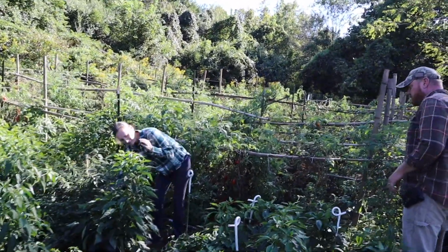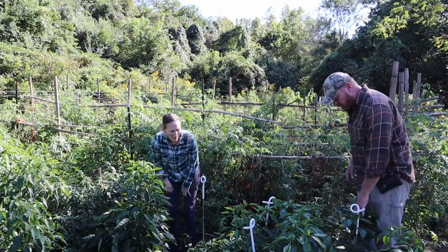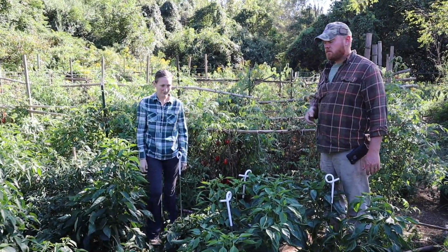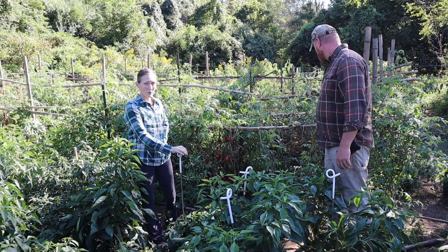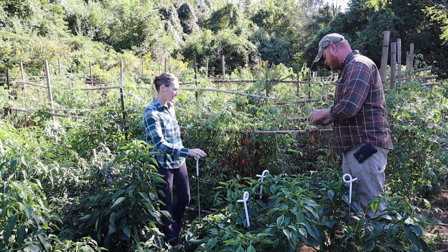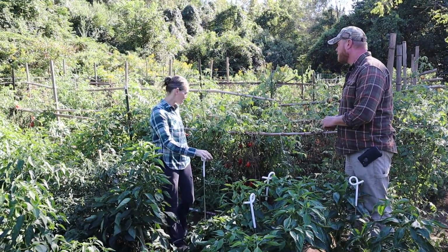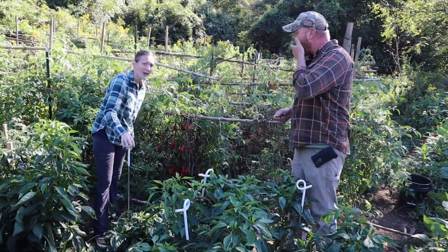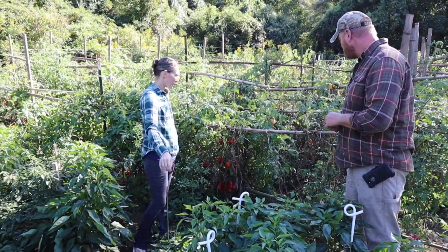You know what's strange is our bell peppers didn't make a lot of peppers this year. No, we were really hoping for bell peppers, and we've only had maybe 3 or 4 peppers off the plant. Our tomatoes are again falling because that's what they seem to be doing this year, but they're doing really well, and I really need to get down here and pick because there's a ton. And we have